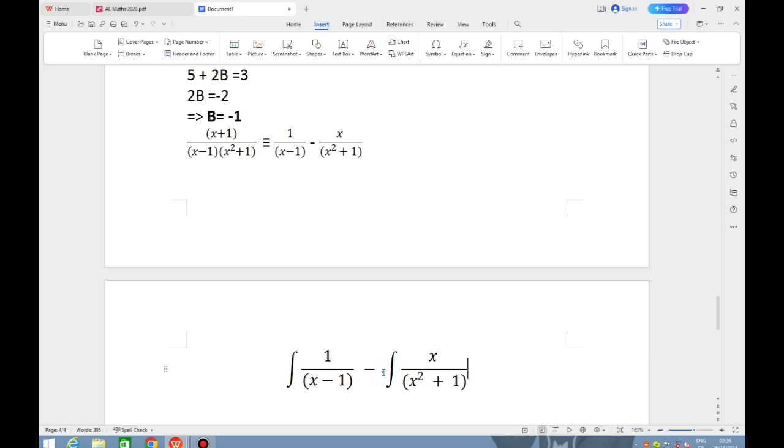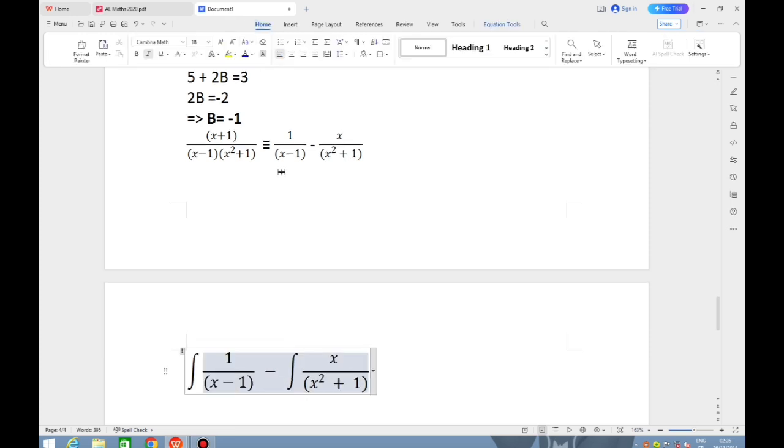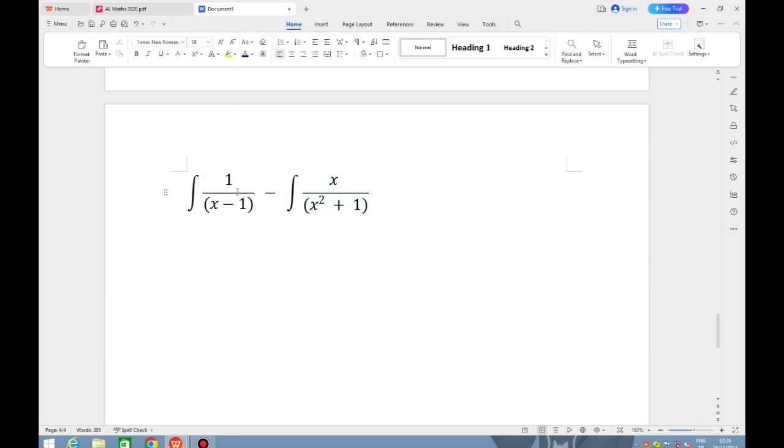The integral of this, as we did earlier for y minus 1, is simply equal to ln x minus 1. So that's ln of the absolute value. It's absolute value because there's never a ln of a negative number, so ln of x minus 1, and minus the integral of this is simply 1 on 2 times x squared plus 1,